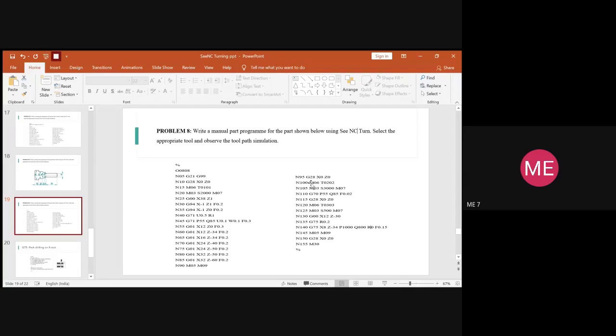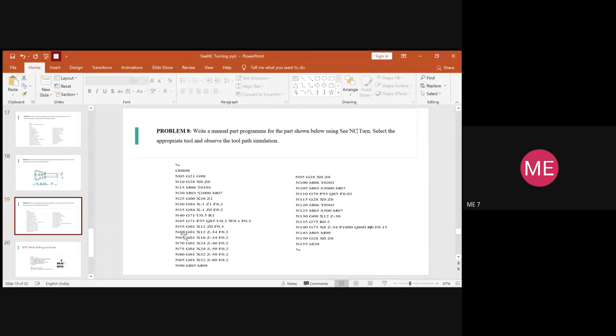So then once the tool has been changed, again our next step is always we have to make the spindle on, right? So you will write spindle on and you provide the spindle speed and don't forget to make the coolant on. So you will make the coolant on. And next again the process for finishing. So you have to write G70 for finishing operation. Finishing turning operation, then it starts from sequence number 55.